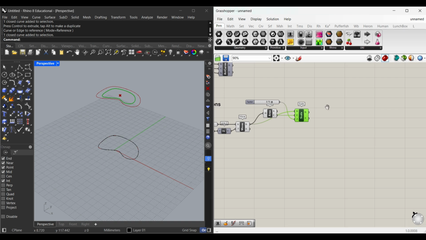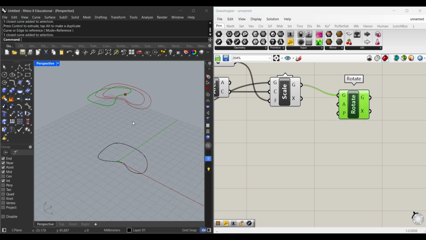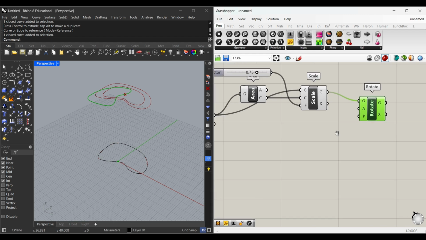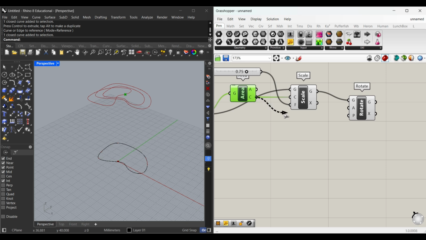Now what I want to do after scaling it is rotating it. So I'm going to type in rotate, going to connect my geometry in there, and now you can see it's rotating not on its own centroid, but on the world origin, just because the plane right here is world XY. Similar to the scale, we're going to use the centroid and plug it into the plane, so it should rotate